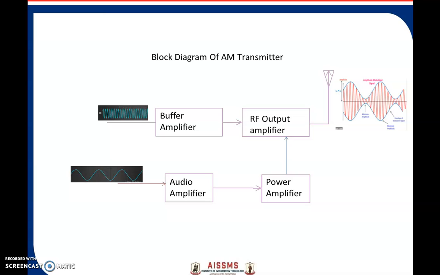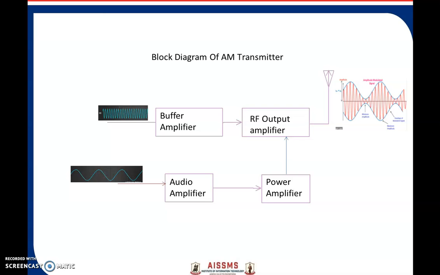What is meant by modulation? When the amplitude of the carrier wave is varied in proportion to the instantaneous value or amplitude of the audio information signal, it is called amplitude modulation. Here we are not going to change the frequency of the carrier wave. We are keeping the frequency constant. So when the frequency is kept constant and the amplitude is varied in accordance with the amplitude of the signal, the modulation is called amplitude modulation.